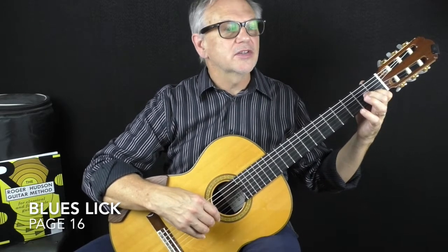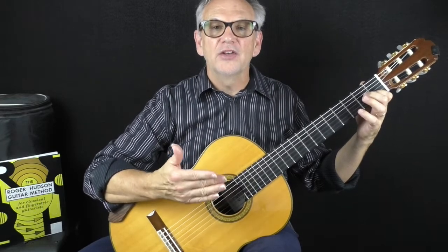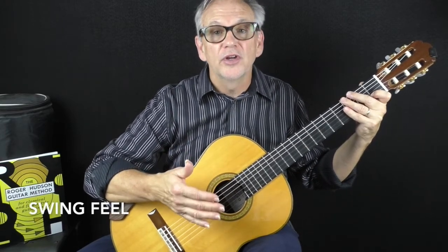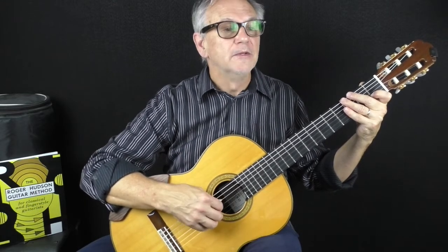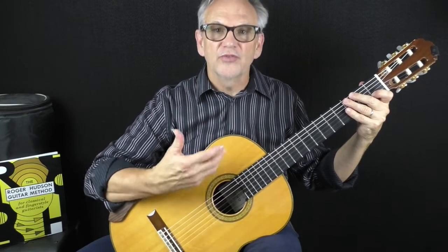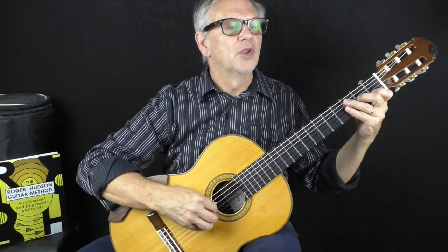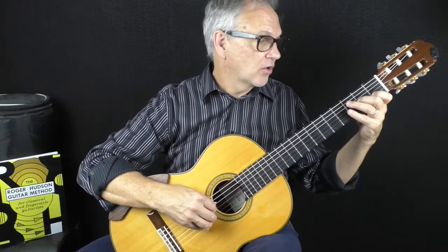Now, the rhythm in this is called a swing, which means that instead of going 1 and 2 and 3 and 4, we're going to have a little swing, 1 and 2 and 3 and 4. It's used a lot in blues and jazz, and it's not really written in, you have to just sort of feel it. So here's how the blues lick goes. This is page 16, blues lick. 1 and 2 and 3 and 4 and...